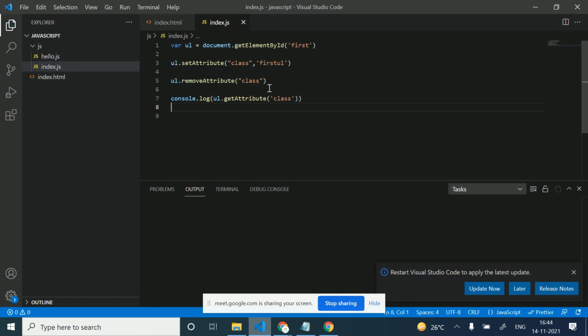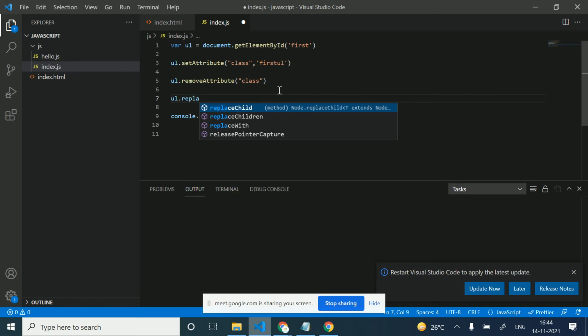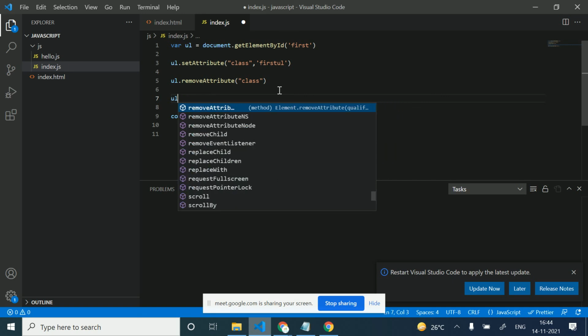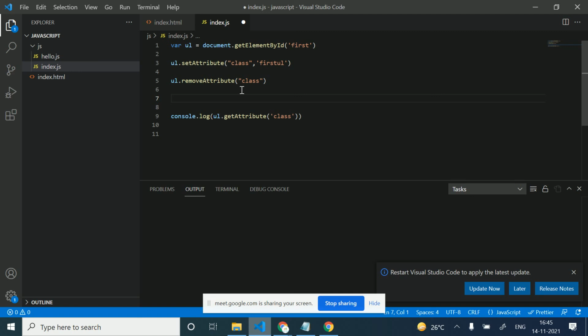Okay, so how can I replace this? Let's check if there is any function to replace the attribute. Replace, no, there is no function to replace the attribute here. So how can we replace? First I will remove this attribute. After that, I will set this attribute again. So this is the way.